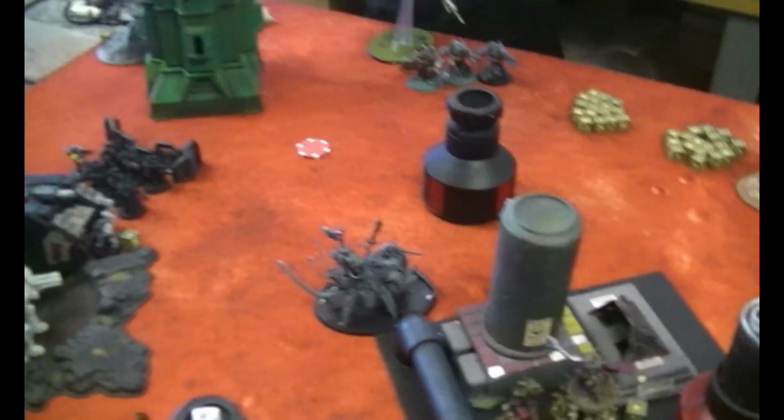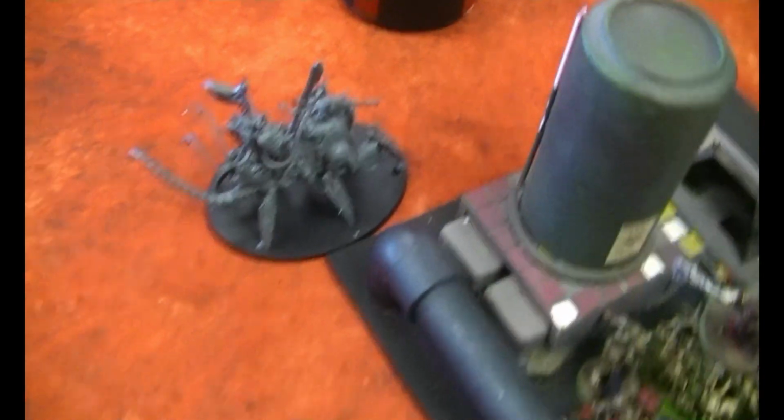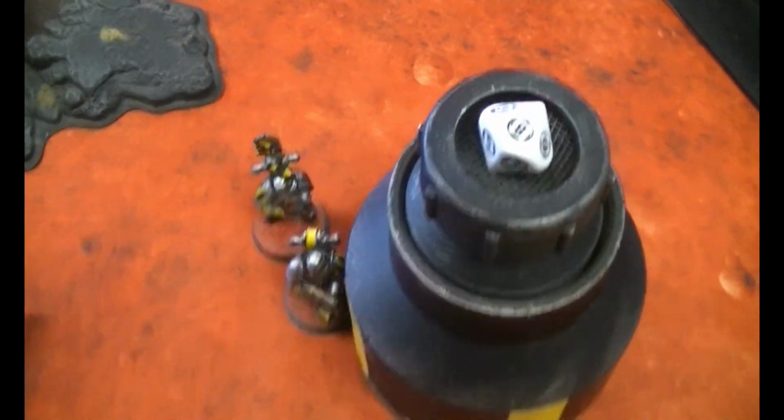Alright, here we are at the bottom of turn 2. A lot of things charged. The Disco Lord charged Typhus, killed him, and consolidated back a little bit. These 2 gentlemen fell out of combat. This shot Mortarion. That took its wing off,